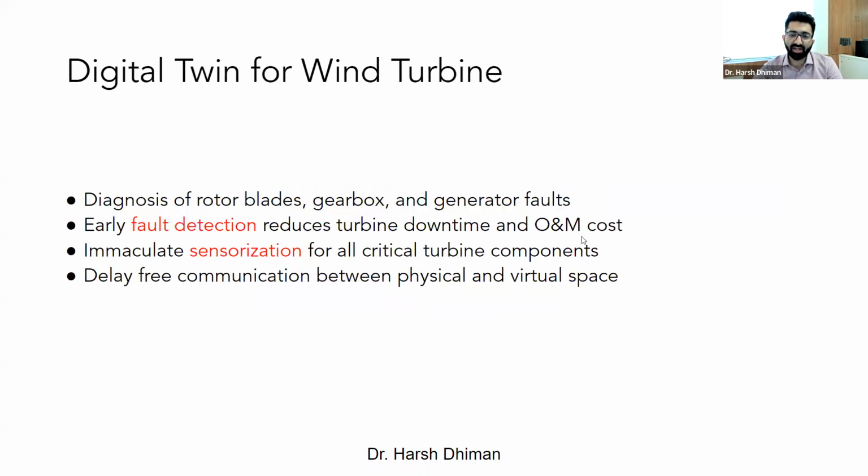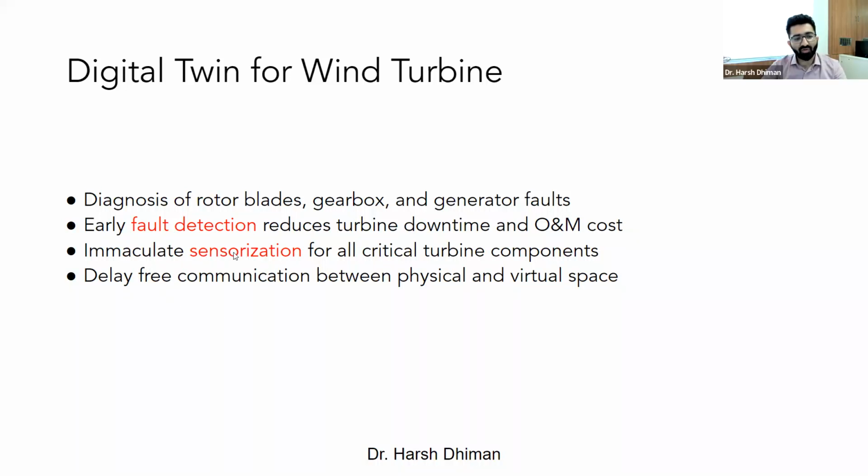For wind turbine, again, the purpose would be to diagnose faults in blades, gearbox, and generators. These are the three rotating equipments as we have discussed earlier. For a wind turbine, blade, gearbox, and generator are the critical, I would say, rotating places where one can expect fault. Then you have early fault detection. Not only do you want to detect fault, but you want to detect it way ahead in time. And once you do that, then you are in a much better place to conduct operation and procedure.